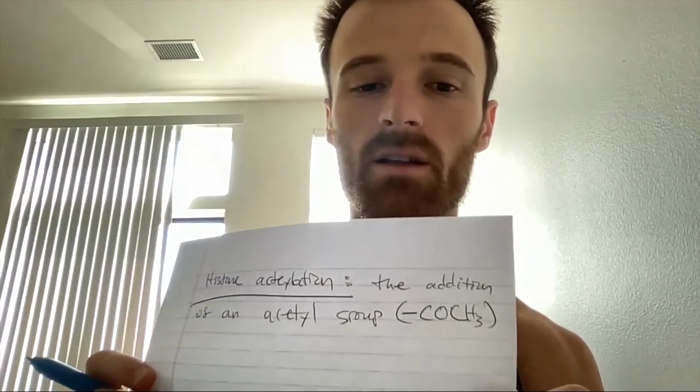So histone acetylation is the addition of an acetyl group. It's like an organic chem term of what that is. So I'll put it in parentheses. An acetyl group is a group, it's going to be bound to other atoms in the molecule. So I'll denote that bond here. I'll show you in a moment. Then a carbon, oxygen, carbon with 3 hydrogens. So that's what an acetyl group would look like in a molecule.